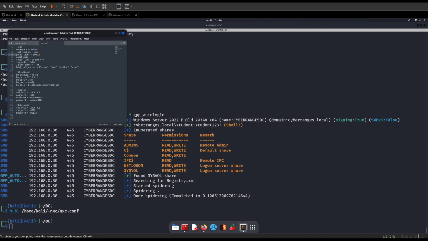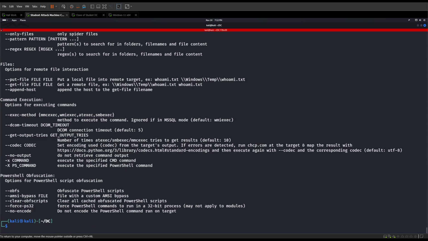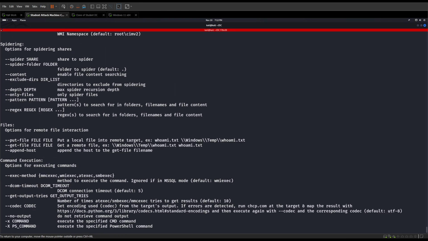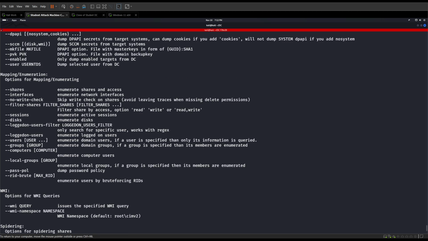All right, something else we could do is we can also do an SMB, we'll say --help. We put in all that information and we'll do a --help at the end here. And we can see that it can do a bunch of different things, right? We can set up commands, we can set up PowerShell commands. We could spider different shares and things like that. We can tell exactly what folder to spider, okay? So that'll just look through the shares and things like that. We could look for logged on users. We could enumerate the users, different groups on it,